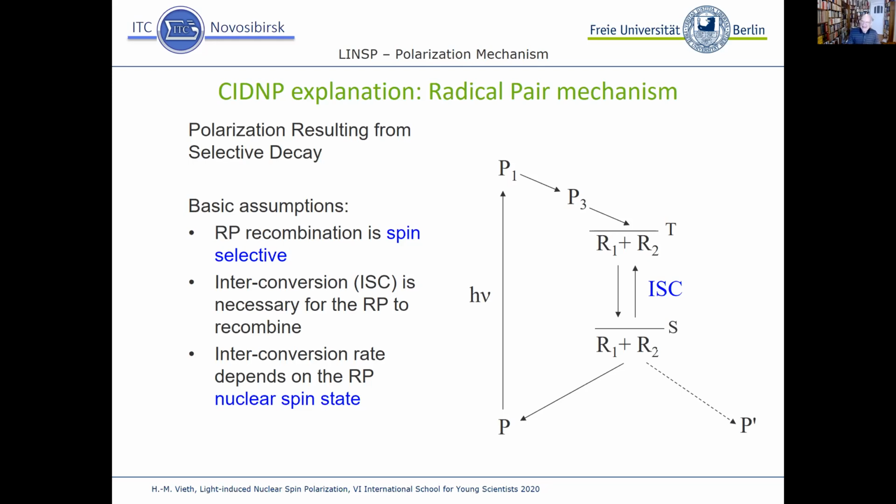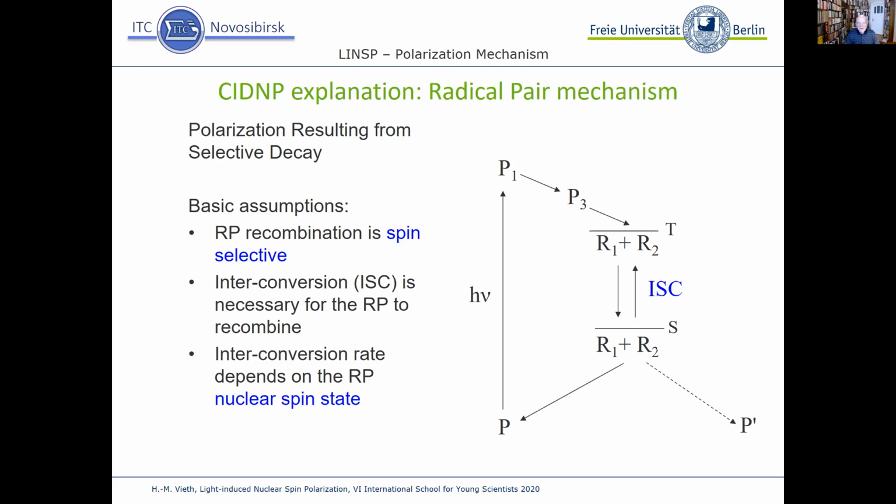And this is done by intersystem crossing, which is permitted because of hyperfine interaction in the nuclei, in one or in both radicals R1 and R2. And the spin evolution due to this hyperfine coupling changes the spin correlation to the singlet state. And from the singlet state, they can go down to the